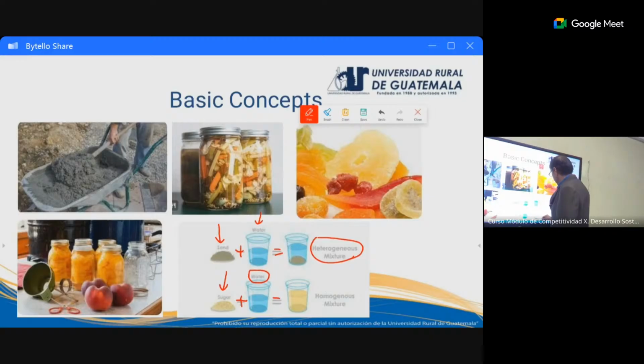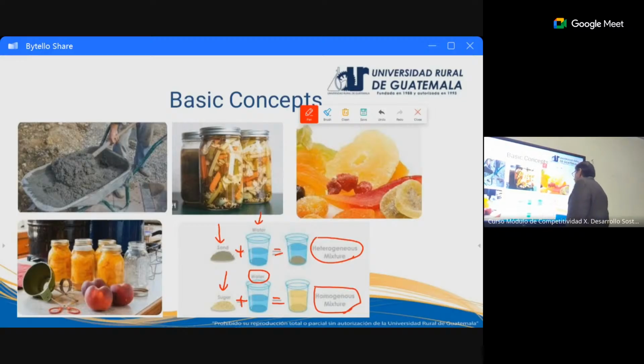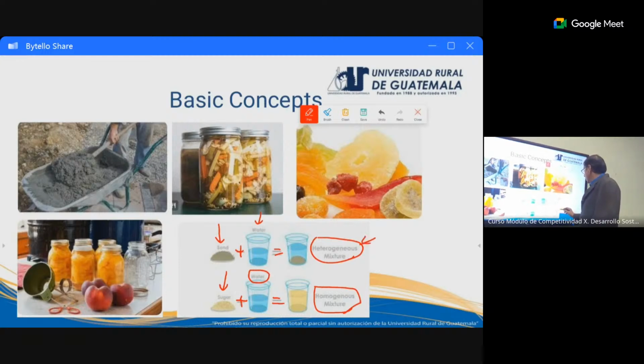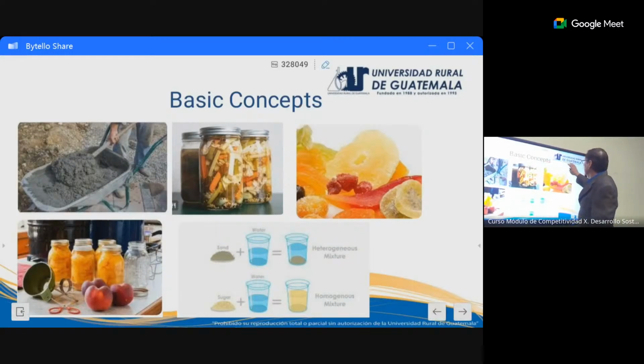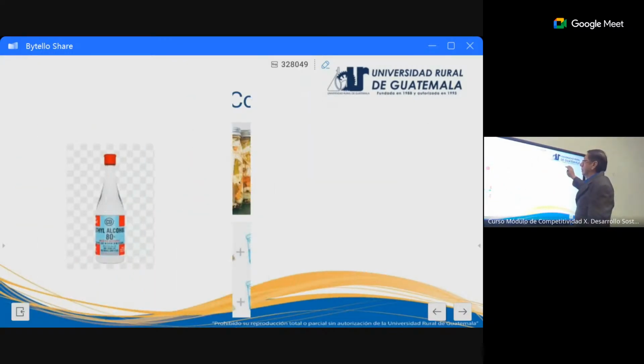we will get an homogeneous mixture. Okay, so these are the different types of mixtures that we are studying today: heterogeneous and homogeneous. Okay? Two different types of mixtures. Now,